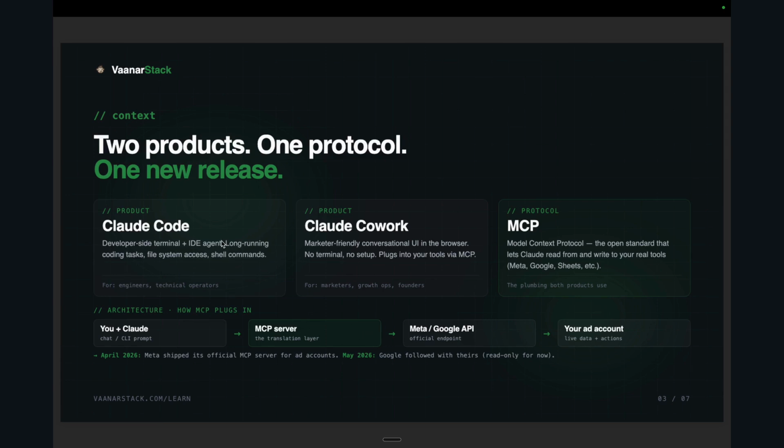A basic difference between Claude Code and Claude Cowork: Cowork is more marketer friendly. It's a conversational UI. You can do things over there, and most of today's walkthrough will be on Cowork. But I personally use Claude Code much more because it's a terminal based agent where you can build systems and coding tasks, and it's a lot more friendly.